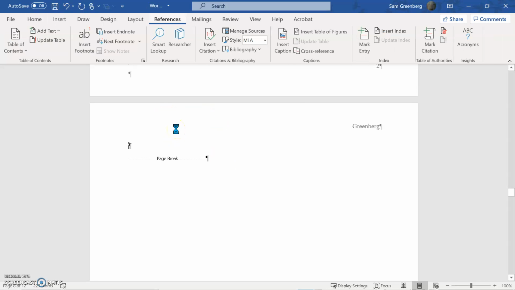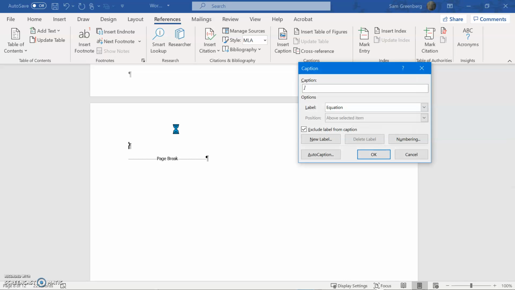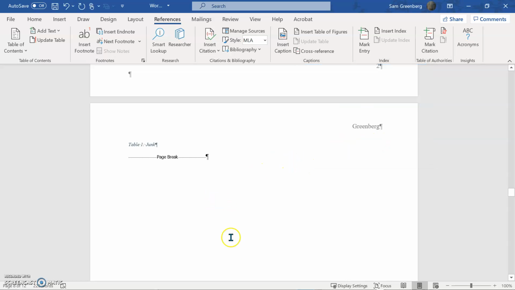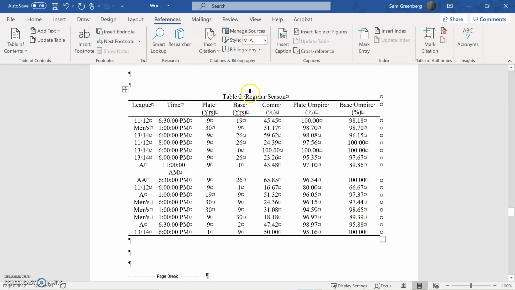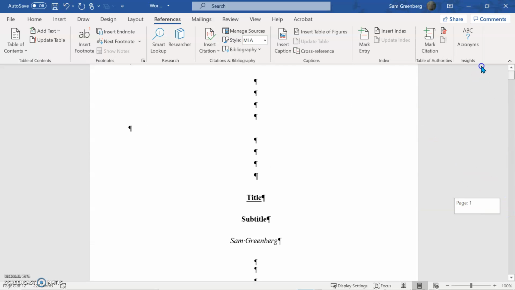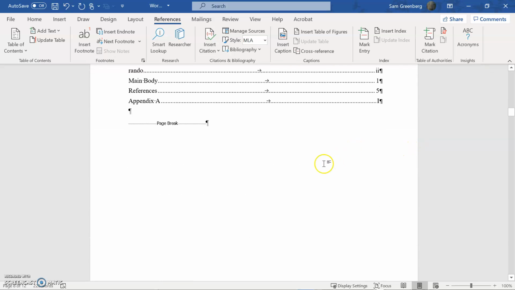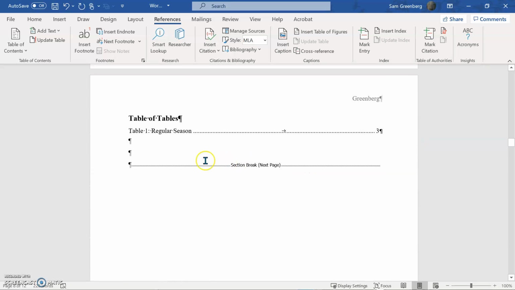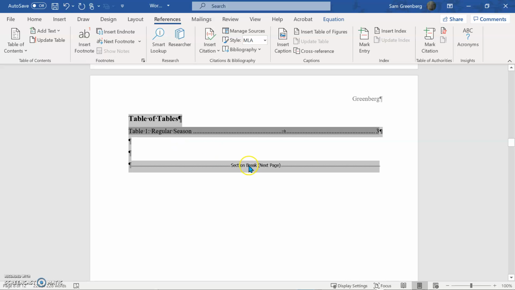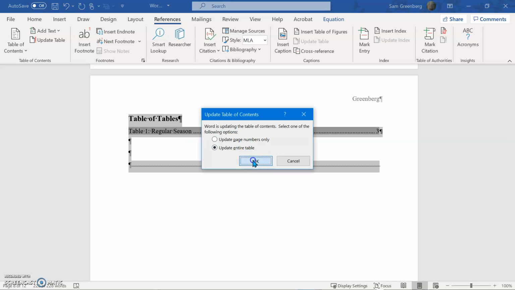So Alt S P for caption, tab it over for, I don't know why my tab wasn't going, for another table. Table 1, I'll call it junk. Why not? And I'll hit OK. And so now this table, see that updated automatically, but in our table of tables, it did not update. So instead we can do Control A F9, update entire table,